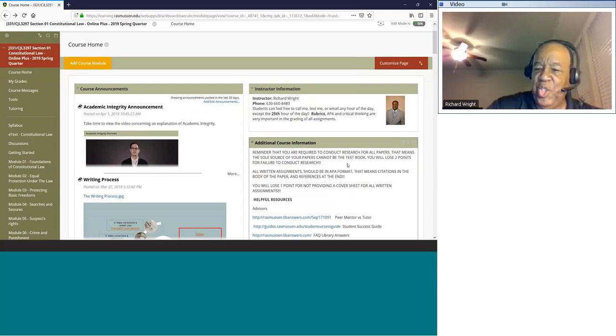And so if you just use the textbook, because some students say, well, why do I have to research if I got the textbook? The textbook is a guide to help you to understand the subject matter, but you will learn by conducting research about how it actually is viewed by various credible resources.